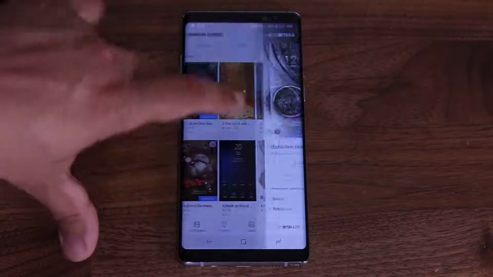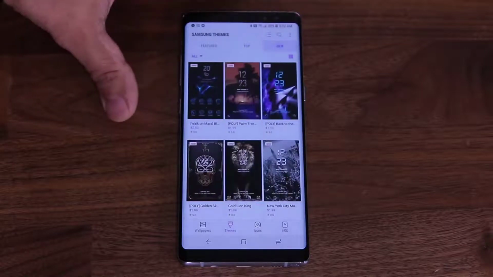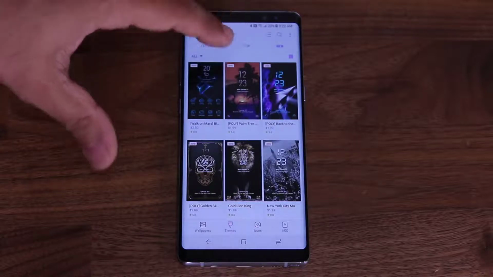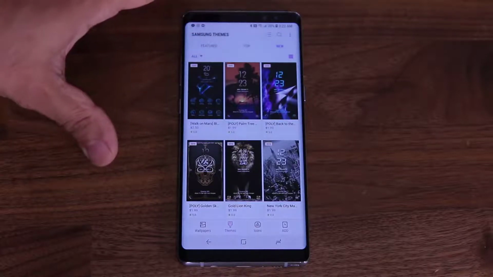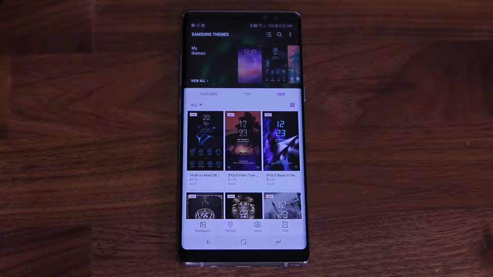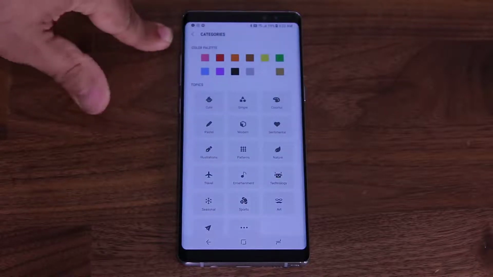Okay, so there's two ways to trial these things. You can look at the pictures, or you can download and install the trial. And of course, you can do the same exact thing by tapping the new over here. When you go to new themes, you can also do free and paid. Now let's go back to our themes. If you want to go and see your own installed themes, you just pull down, and that brings up your My Themes. The other thing you can do is you can tap this icon, and you can actually browse by categories